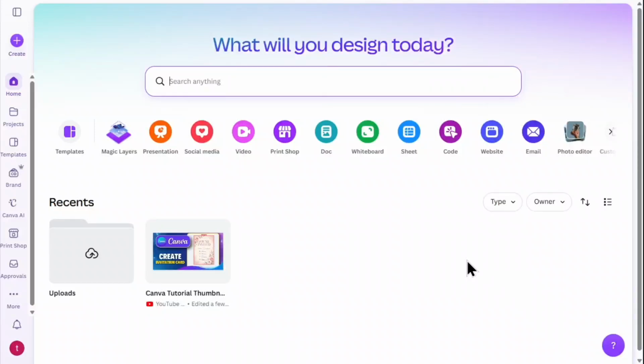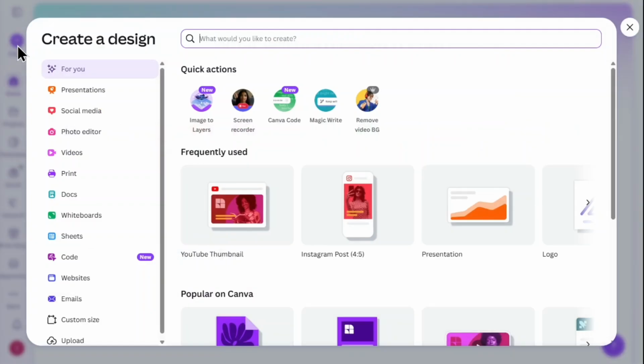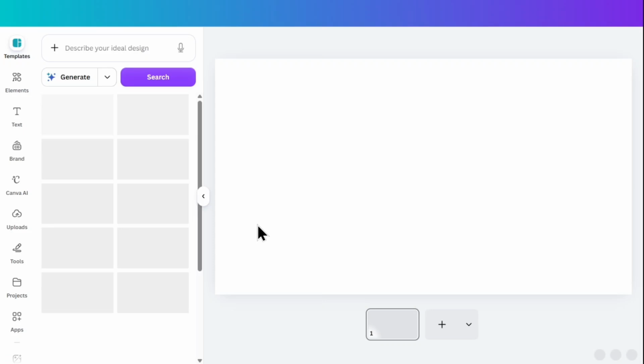In this video, I will be showing you how to create a high center thumbnail in Canva. Let's get started. Starting on the Canva homepage, I move my cursor up to the top left and click on the Create a Design button. From the menu under Frequently Used, I select YouTube Thumbnail to open up a fresh, blank canvas in the standard